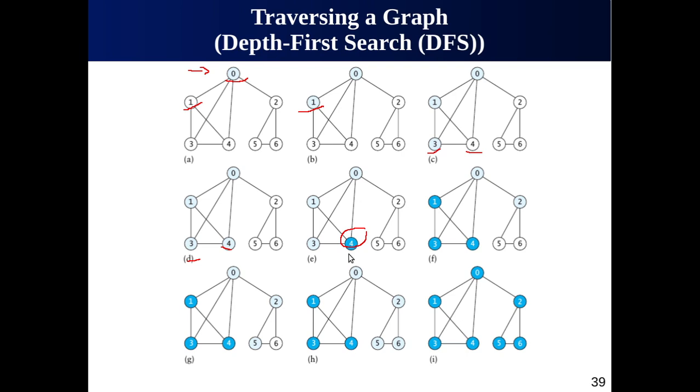Now we consider vertex 2. We are done with the one adjacent node. Now consider the next adjacent node to 0, which is adjacent to 0 but has not been visited. We mark 2 as being visited, as you can see in figure F, but from here consider the vertices that are adjacent to 2. So the adjacent vertices are 0, 5 and 6. We mark 5 as being visited here,